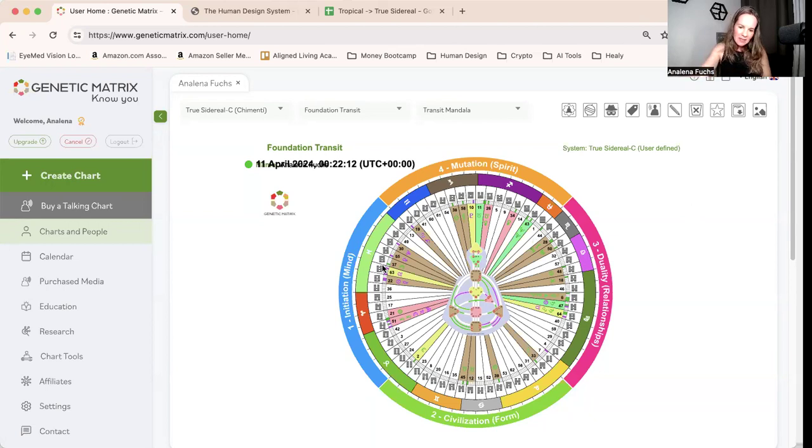And this gate 22 right now, that genetic matrix was showing me that this is where the sun should be right now, in this very moment in the sky. You see it's in the sign of Pisces. Then next, the sun is going to move into gate 36, which is still in Pisces. And then in the next 7, 8, 9 days, we're actually going to enter into Aries with the sun. We're going to get into gate 25.